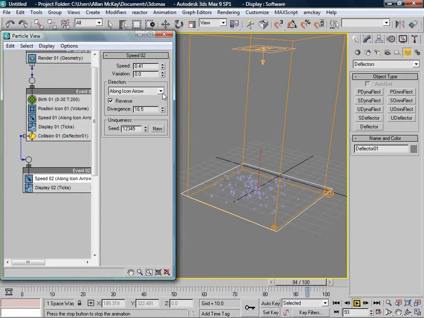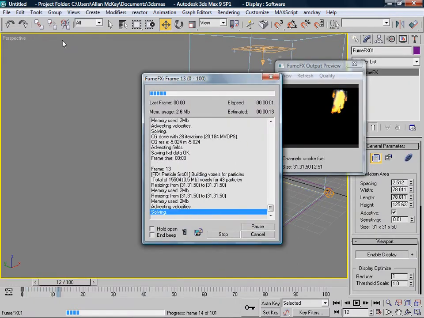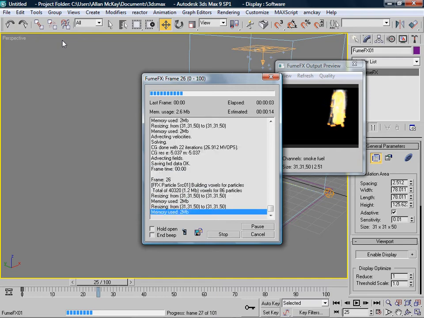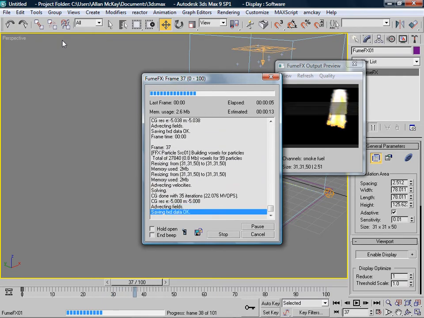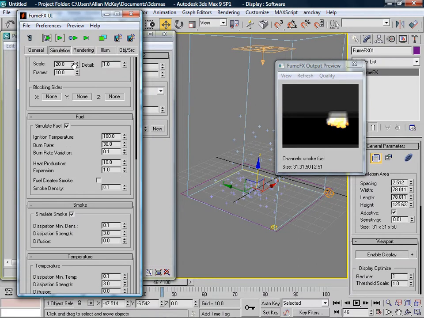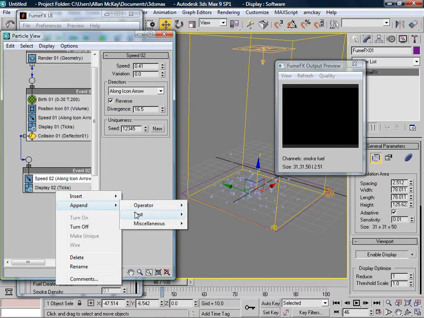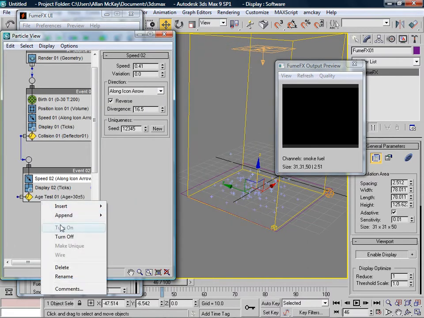Okay, so assuming that works, right now if I ran my simulation, our particles would come down and they'd be on fire and then they hit the ground. What if I didn't want to do that? What if I wanted to go to simulation? I'll turn off smoke and I'll set my expansion to 3. Everything else I'm happy with, and I'll tell my particles to go to a new event